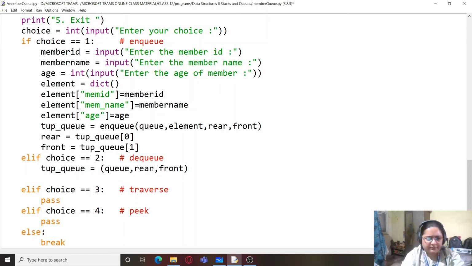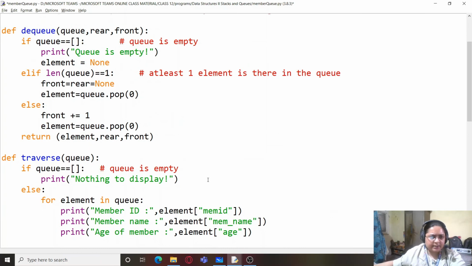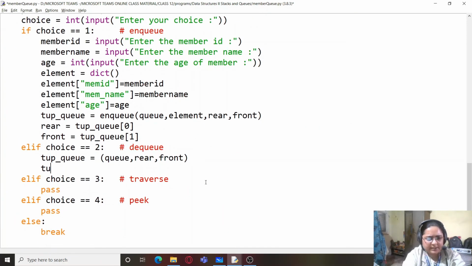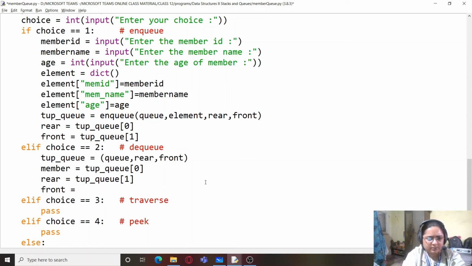So rear and front, and because this is also going to return the element, rear and front. So the first one will be the element. So I'm writing here, instead of element, let me take it as member equals tup_q 0, which will give me the element. Then second is rear, one, and front equals,